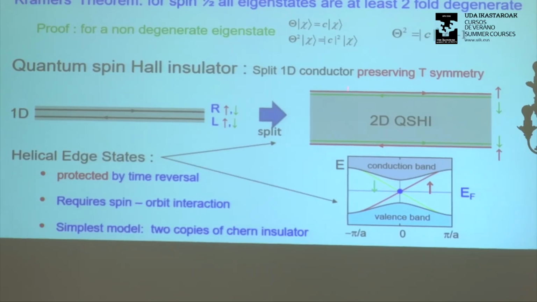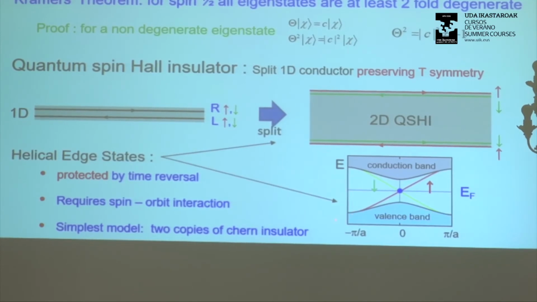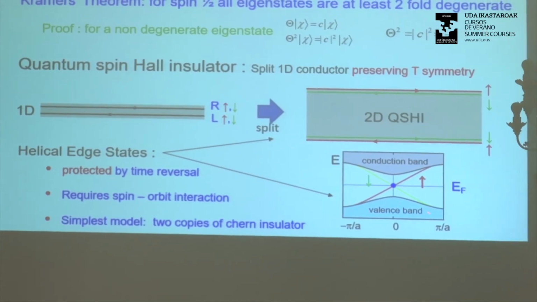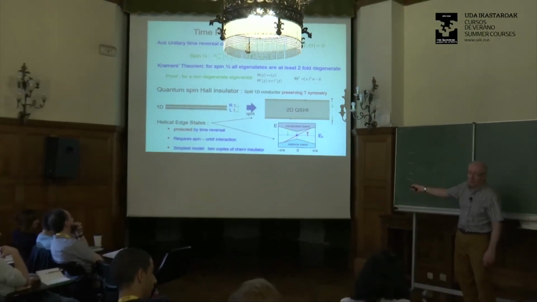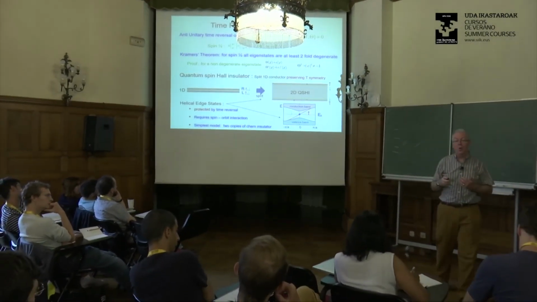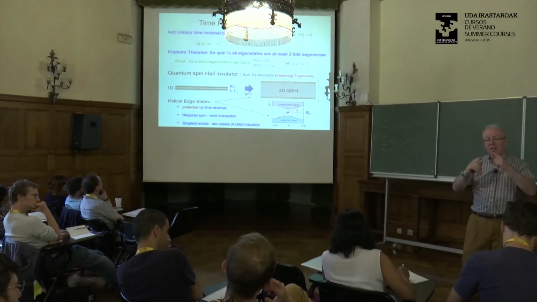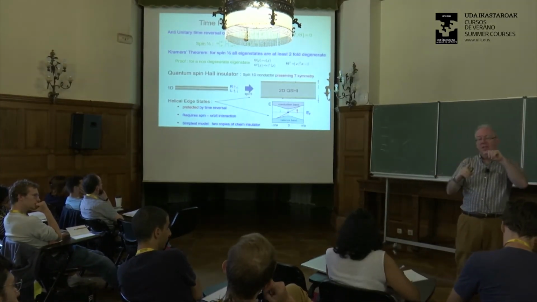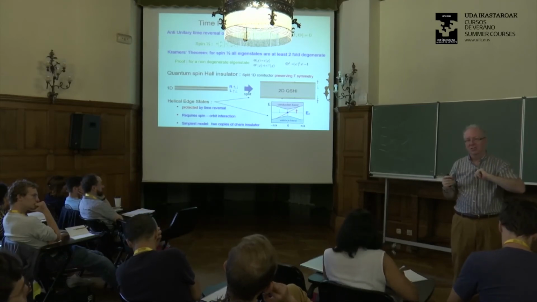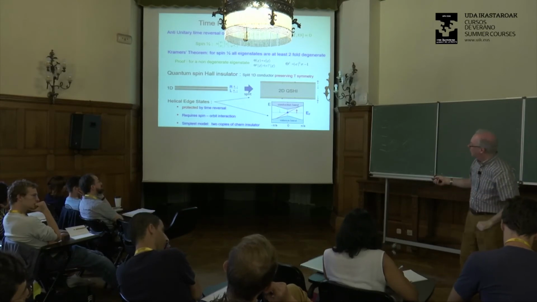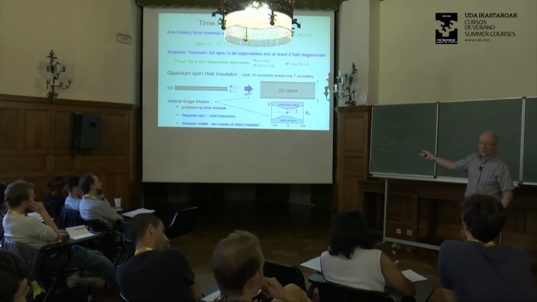And so these helical edge states, what they'd be is you'd have states that cross from the valence band to the conduction band, but there has to be a state with positive group velocity and a state with negative group velocity. And so they necessarily then have to cross at 0. Okay? And so this crossing is something you might worry about, because usually you'd say that when you have states that cross, then any perturbation that you could add will make them anti-cross. Okay? But this is special, though, because of Kramer's theorem.